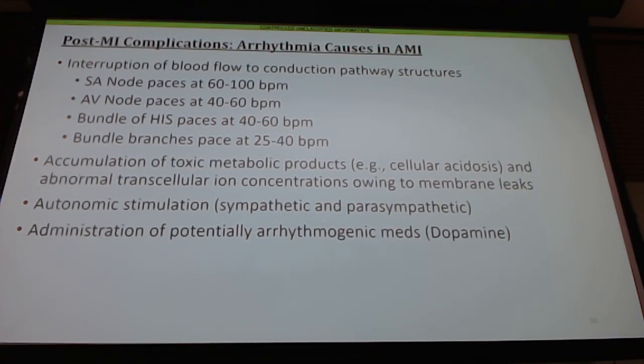And the reason that this is additional stress is when you have that heart attack, you get those toxic metabolic products that then lead to a disruption of the normal conduction of the action potentials. You also have autonomic stimulation. So you go into a sympathetic overdrive, and now that causes increased heart rate, which then leads to furthering the demand-supply mismatch. So now your demand is higher than what it should be, and now that's leading to even more cell damage because you're not perfusing appropriately.